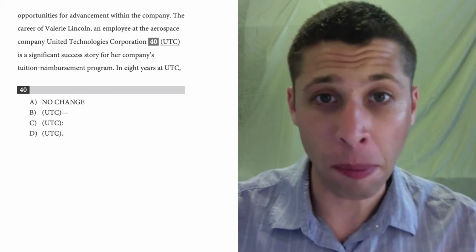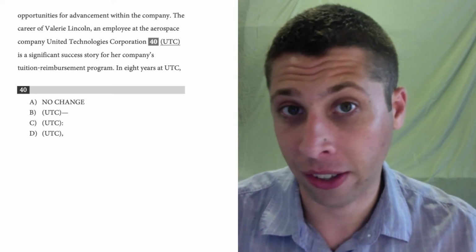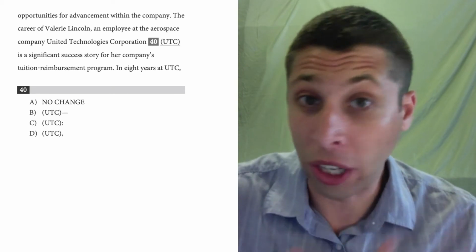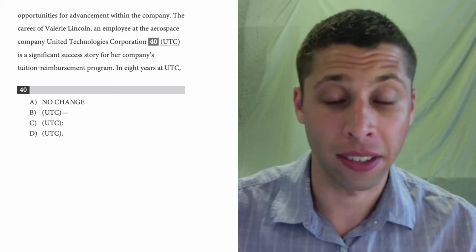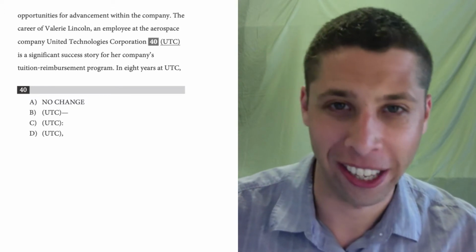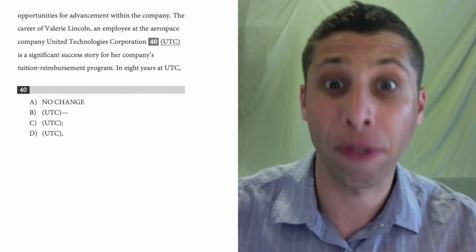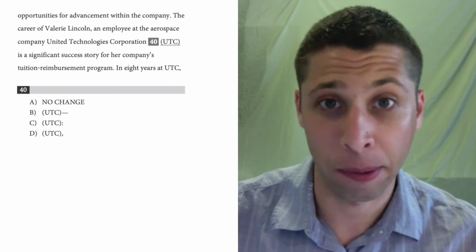This question scares people because it involves parentheses, and we don't see parentheses a lot on the SAT, so it feels like, uh-oh, a new weird thing. I don't know the rules for parentheses. But notice, every choice has the parentheses. Those don't change. So that is a distraction. It's much more about the thing that comes after the parentheses and not the thing that comes before.